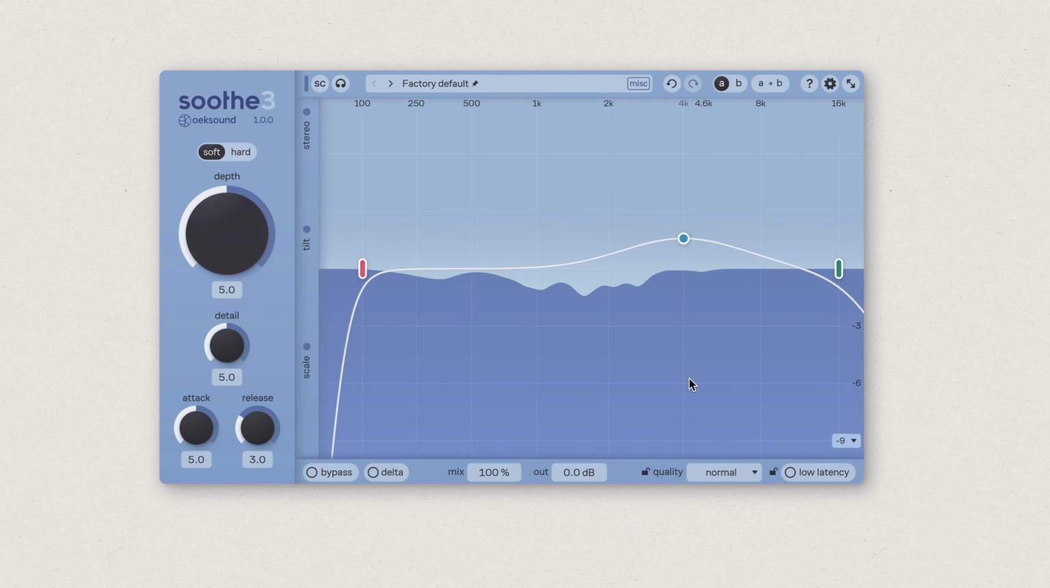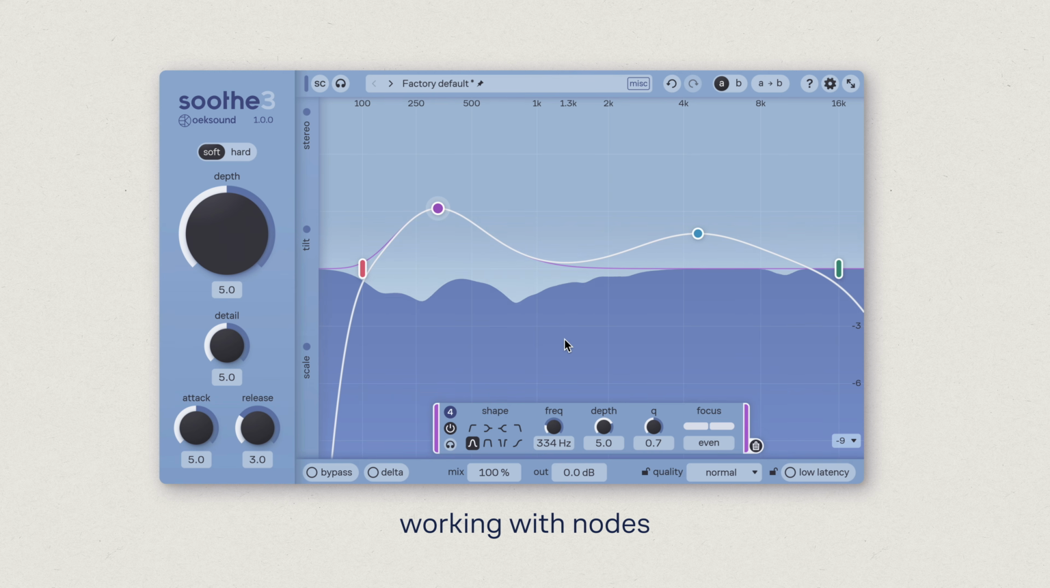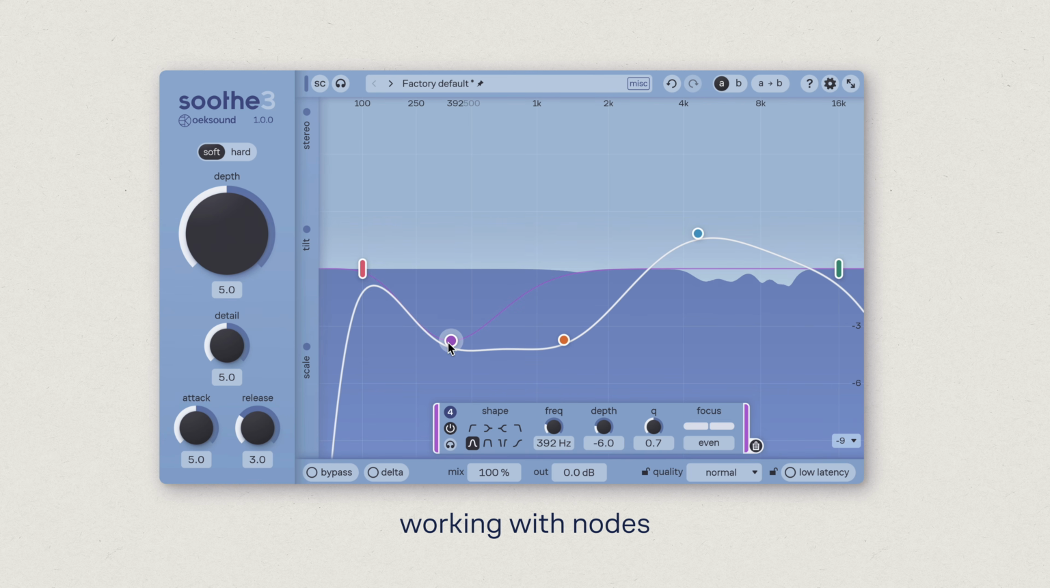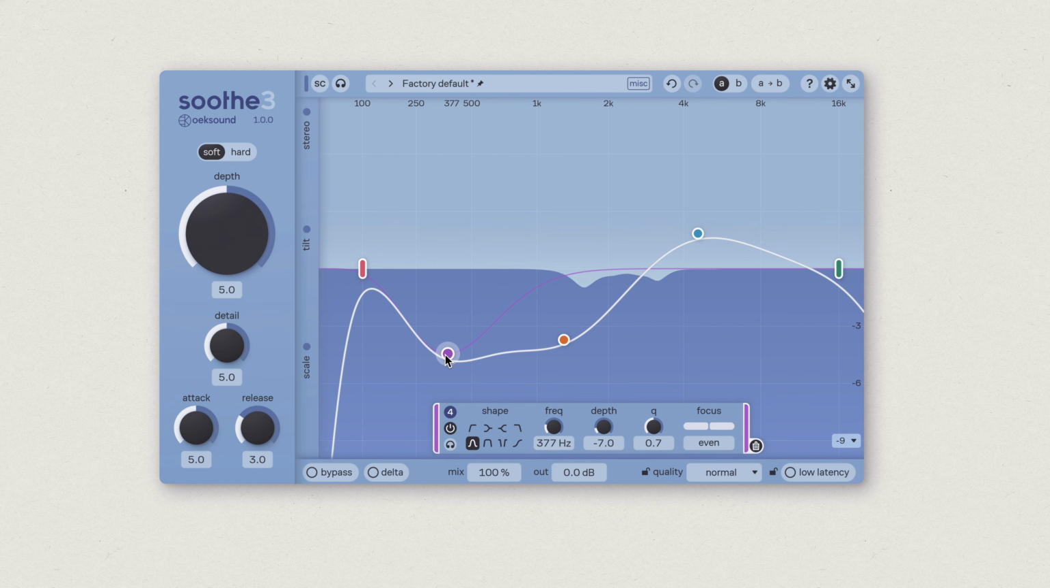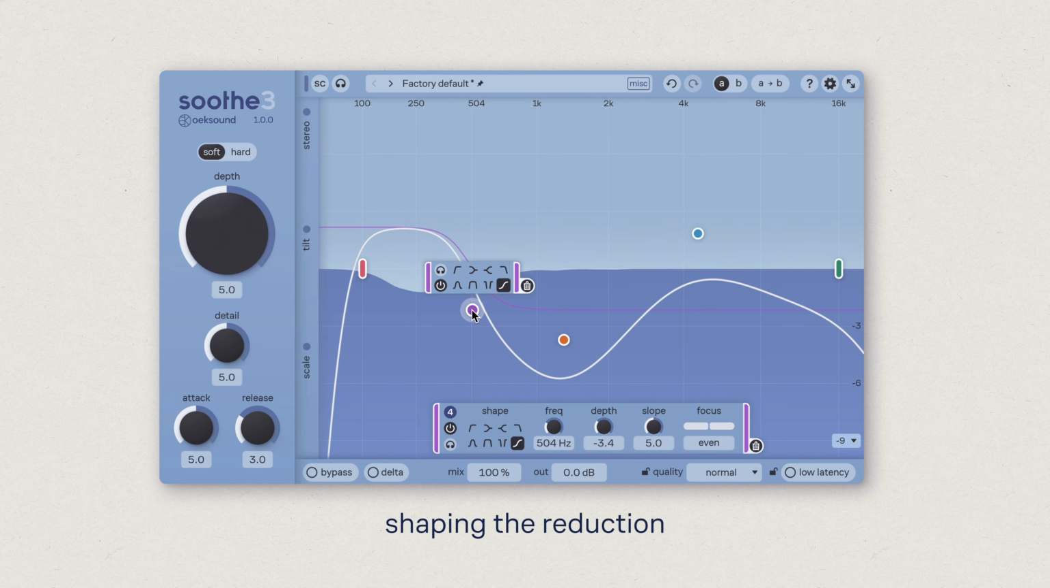You can modify the depth curve with EQ-style bands. Double-click anywhere on the graph to create a node. Boost a region with a band and Soothe starts cutting more aggressively there. Pull down a region and Soothe backs off. There are plenty of different band shapes available, so you can really shape or limit the depth curve according to